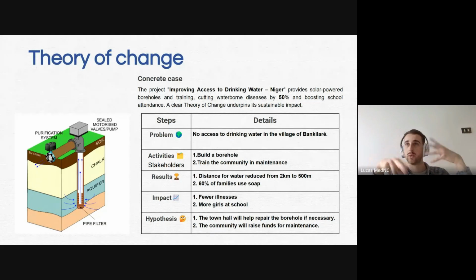Try to measure their state of mind and their skills at the moment you start the project, and then repeat it at the end of the project to see if you have this change of behavior, this change of attitude. And you can even do it 1 year after the project. That would be my advice. If you can do that, it's obviously amazing.